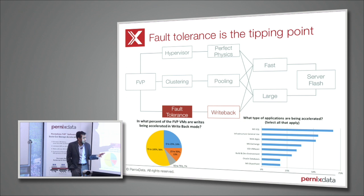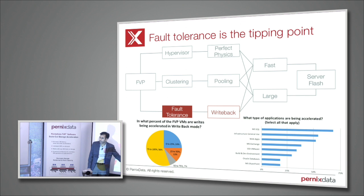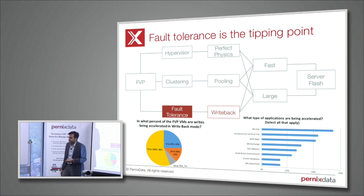So the point I want to make out here, other than the fact that we are really proud of actually solving a problem for our customers that actually matters, is the technology point: we are able to do this because we are able to do write back, and we are able to do write back because we are able to do fault tolerance. So now if it is indeed the case that fault tolerance is really the tipping point of when a piece of software goes from being a niche use case, something that you use for desktops, to an infrastructure level use case, then is it really